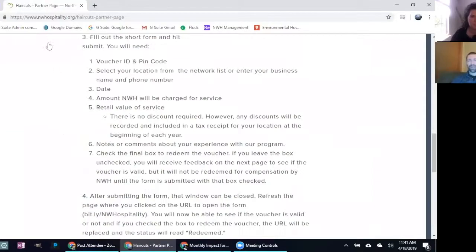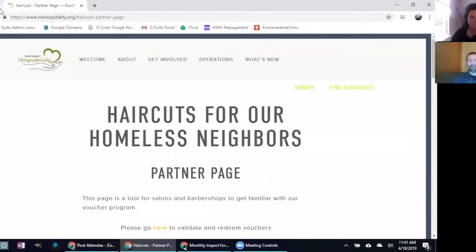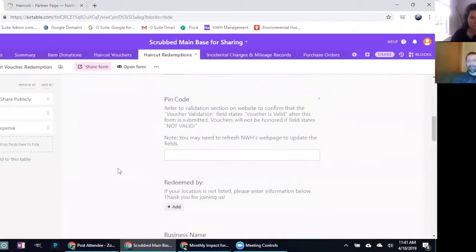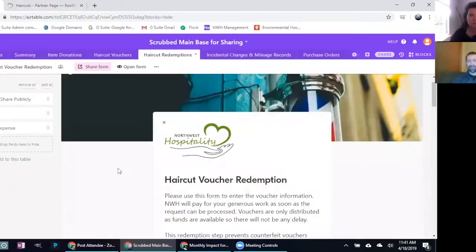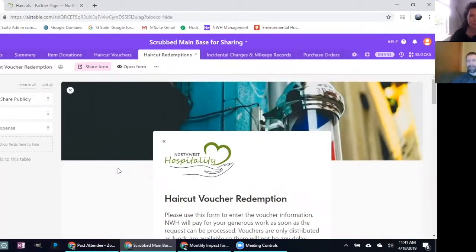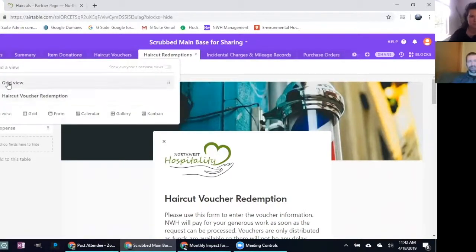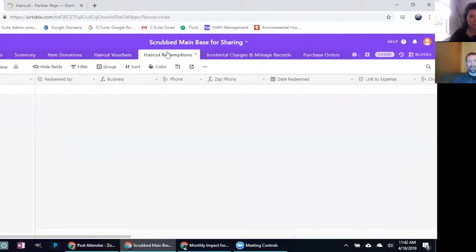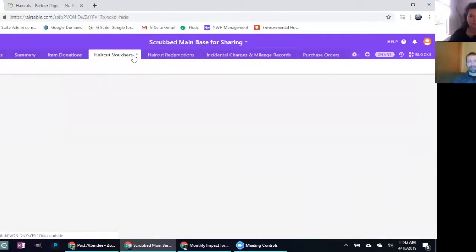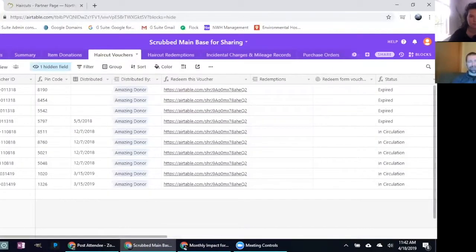Cool. And then we get a notification thanks to the integration with Zapier that tells us, hey, these people used this form, they redeemed this card, call them here, and we can call them right up and pay for that service. So nice. This interaction between these two tables, the way it all ties together,